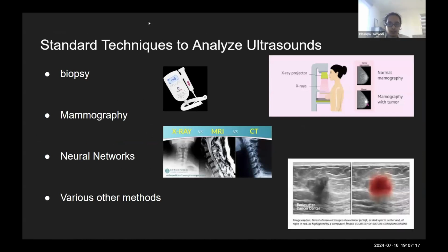Standard techniques to analyze ultrasounds. So firstly, radiologists can't see breast cancer. They can only identify specific spots on ultrasound images that look unusual or improper. This can be an early indication of cancer being present, but in order to confirm it, they need a biopsy. A biopsy is a procedure where a provider removes tissue, cells, or fluids so that proper examination can be performed by